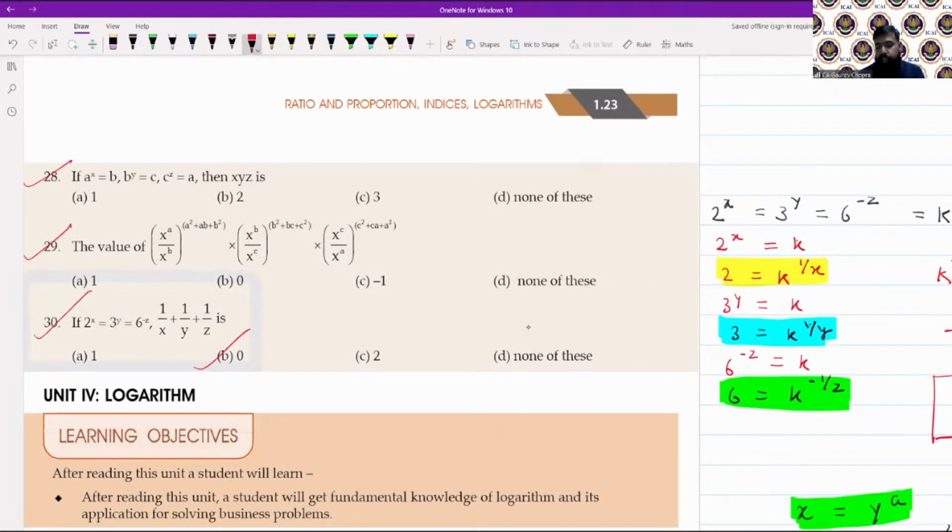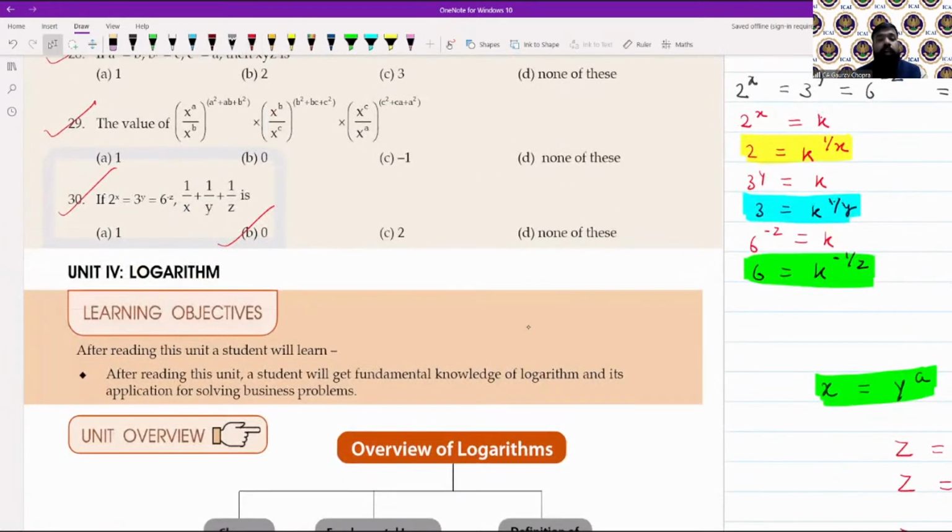So 30th also we have done. So now we have completed the indices topic. This was law of indices. From the beginning, we have taken all the basics up to this exercise question. The 30th question we have completed, and this was the complete exercise of law of indices. If talking about examination, normally 1 to 2 questions come in exam from this chapter. From ratio proportion also there are 1 to 2 questions. So I think it is very easy to score in these chapters.